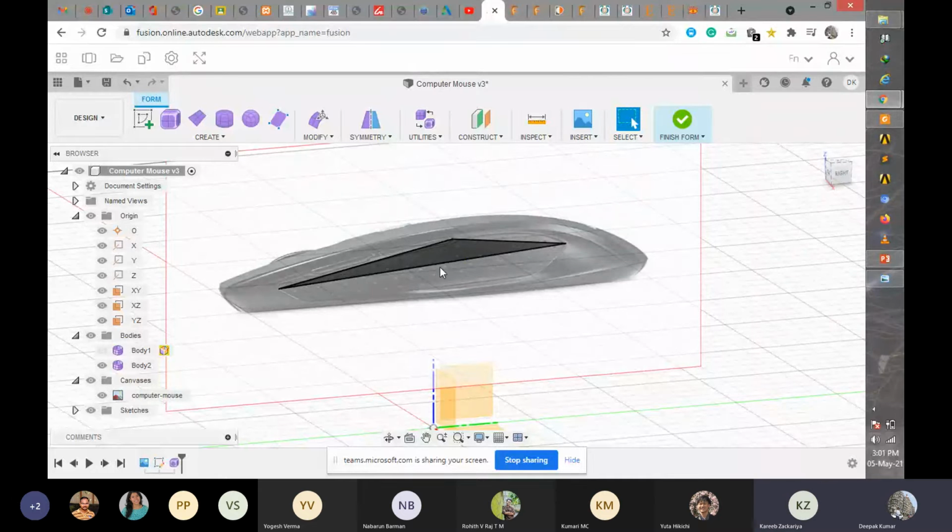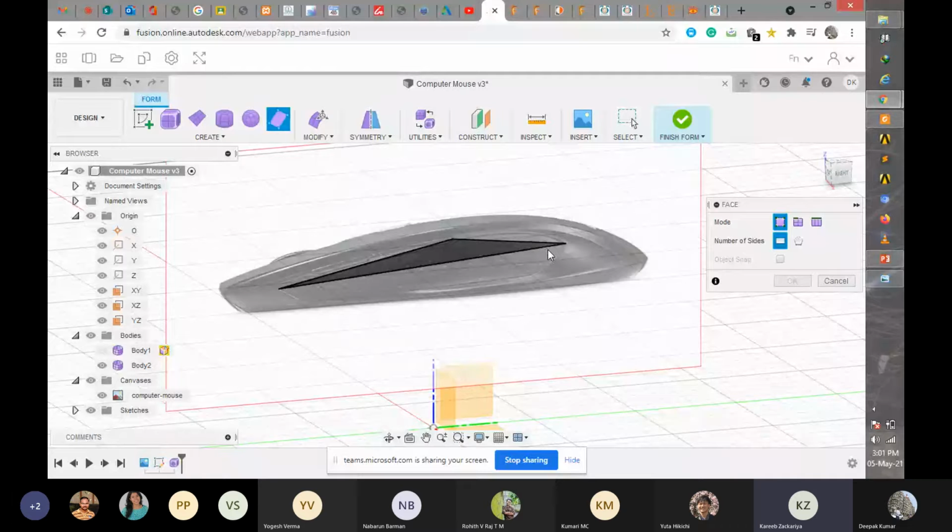Then you finished the face command, so you can't continue. Click face again, and click one of the corners. Yes, and finish it on the same edge.